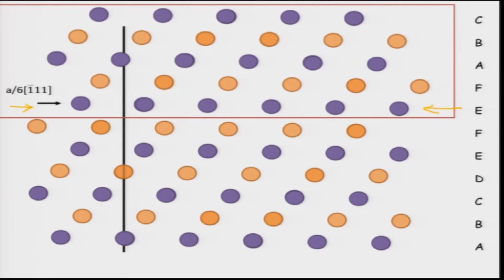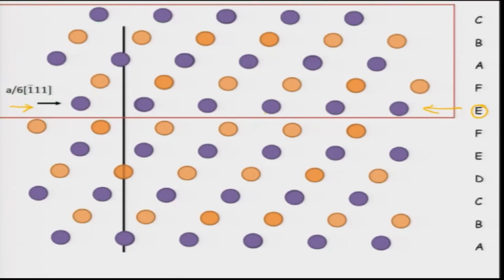Okay. So, now we have a/6 [-1 1 1] movement of this whole layer, and what we get is that now this is no more. You can see this has changed; earlier it was A, now it has become E. So, now we have the F layer, and beyond that we should have expected the A layer, but because we have caused a stacking fault by shifting the whole thing by a/6 [-1 1 1], this has become E, and beyond this it continues E, F, A, B, C thereafter, because the stacking remains similar.